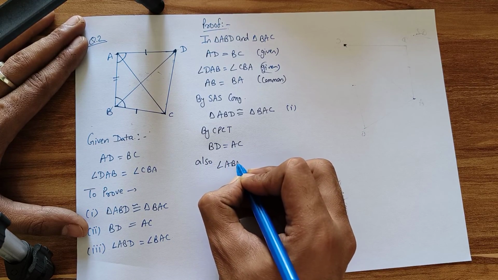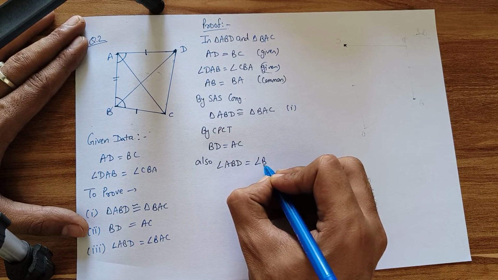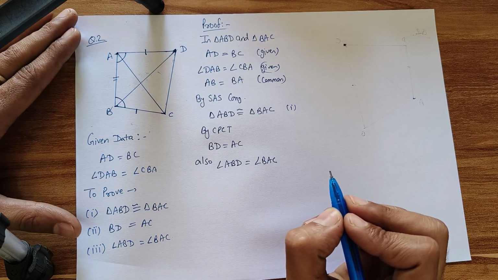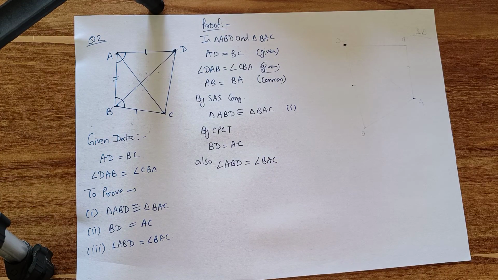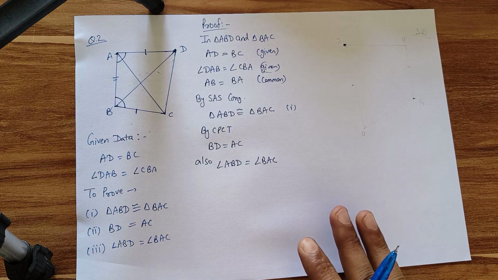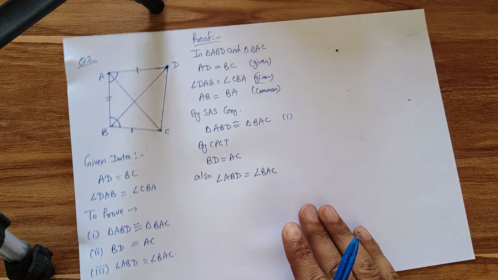Angle ABD is equal to angle BAC. So this was question number 2. Let's come to the third question. Third question is